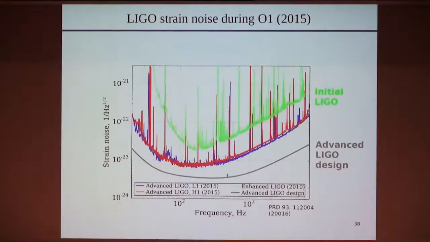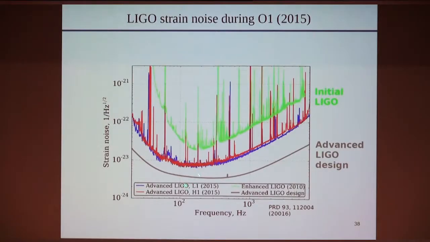So this is what I was explaining here. And this is the result of last year, actually. Here you have the sensitivity curve of initial LIGO in green. And 2 years ago, 2015, when advanced LIGO started taking data, that was the noise spectrum that has been measured. And you see the gain between initial LIGO and advanced LIGO. But what you see here is the design sensitivity. That means that LIGO has not yet reached the design sensitivity. So there is room for improvement.